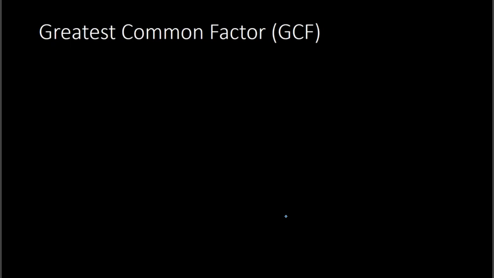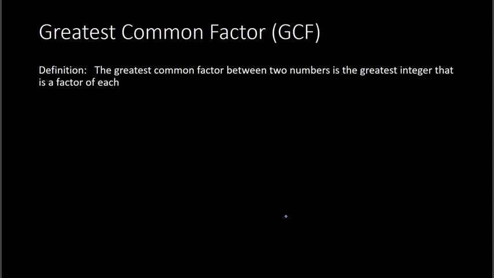In this video, you're going to learn about the greatest common factor. So first off, what does the greatest common factor, or GCF, mean? The greatest common factor between two numbers is the greatest integer that is a factor of each. So for example, if you were to find the greatest common factor of 8 and 12,